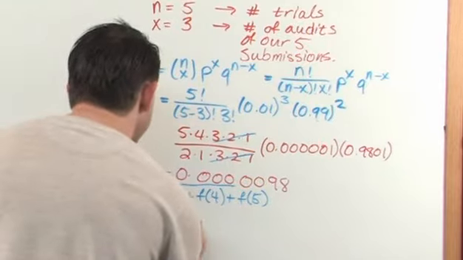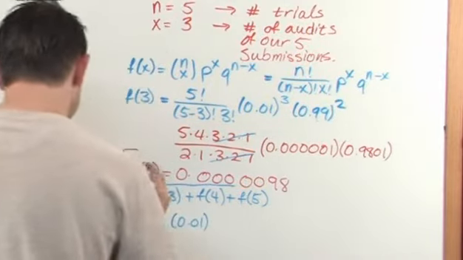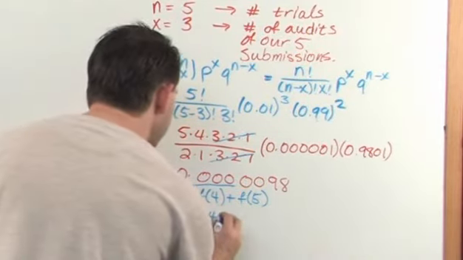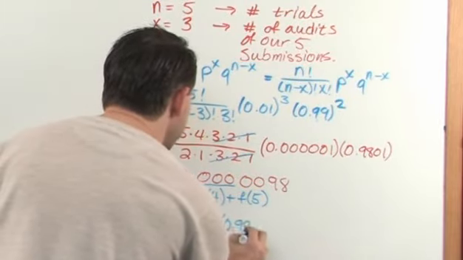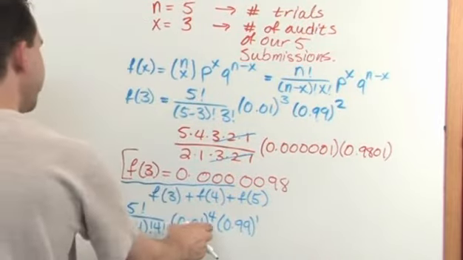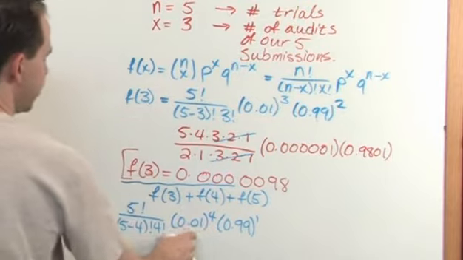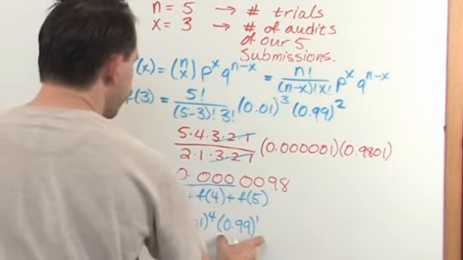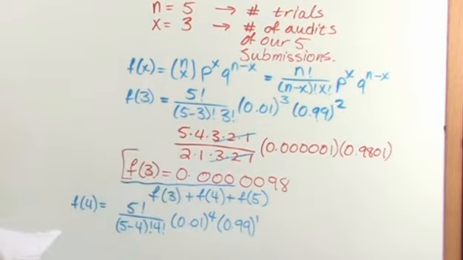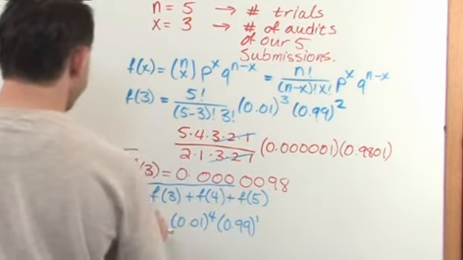And again, I'm still going to have 0.01, but now it's going to be raised to the 4th power, and 0.99, now it's going to be raised to the 1 power. These are my 4 people that are getting audited, low probability of getting audited. This is my 1 person not getting audited. Okay? Now when you crank through all that, raise this to the 4th power, and do the factorials and all